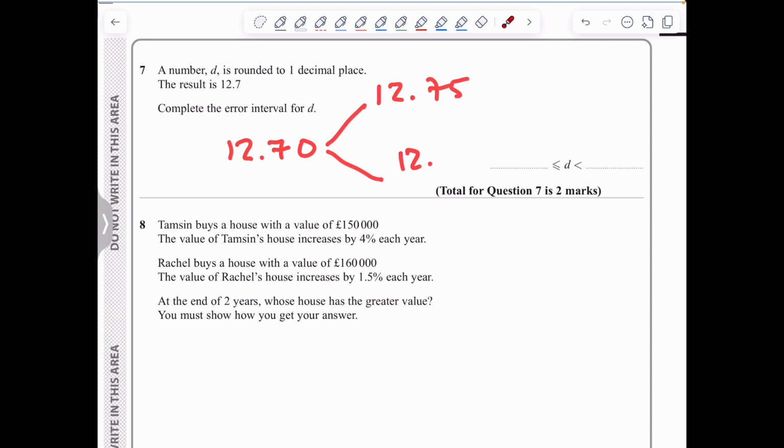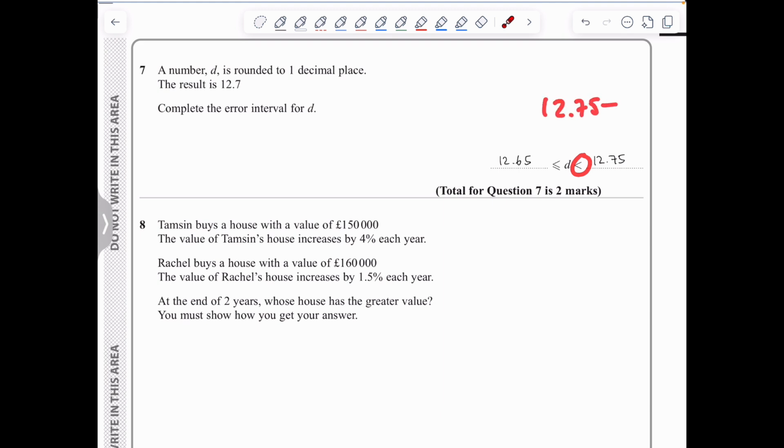12.75 and 12.65. So my lower bound is 12.65, and this is inclusive, because if I happen to be at 12.65 exactly, then I'm rounding to 12.7, and my upper bound is 12.75, and this is a strict inequality because the 12.75 will go to 12.8, but anything just below the 12.75 will stick to 12.7, correct to one decimal